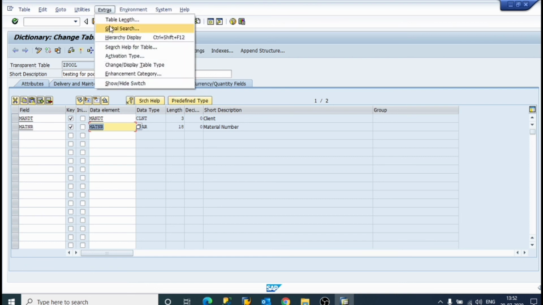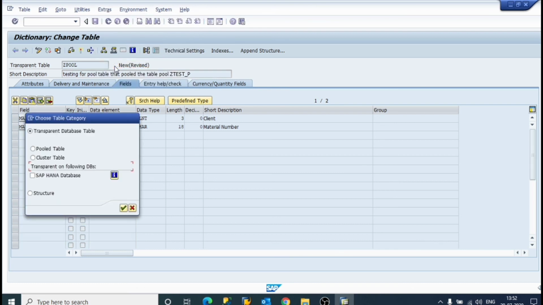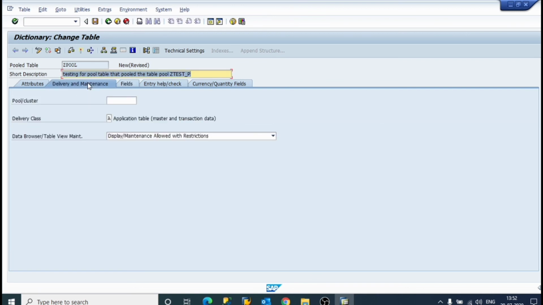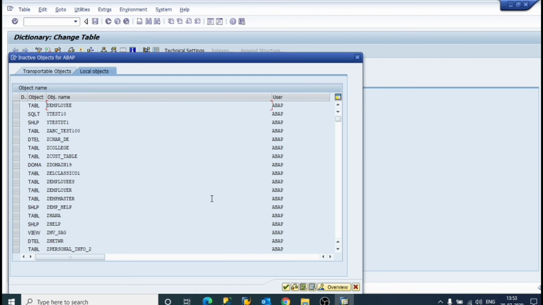Just click on extras, change display table type. Pool table, yes. See, pool table. Now I will click on delivery and maintenance. See, pool table, Z pool, the table pool that we have created. Now I will just save it. Z pool saved. Now I will check it.